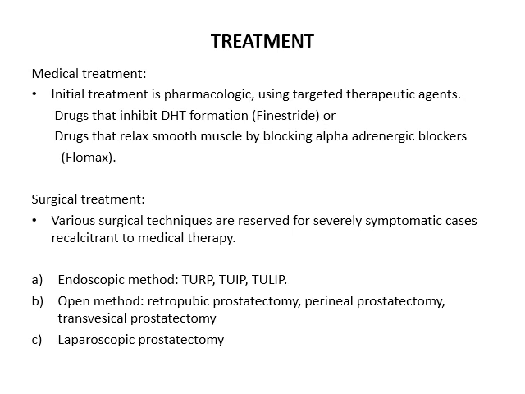So apart from TURP, we have other procedures like transurethral incision of prostate, transurethral ultrasound guided laser induced prostatectomy, that is TULIP. So these are the endoscopic methods. So if the prostate gland is very much enlarged, then open method of resection can be done. So in this we have retropubic prostatectomy, perineal prostatectomy and transvesical prostatectomy. So depending on the individual patient, different surgeries can be considered. So apart from this, we also have laparoscopic prostatectomy. So this is about the treatment of BPH.